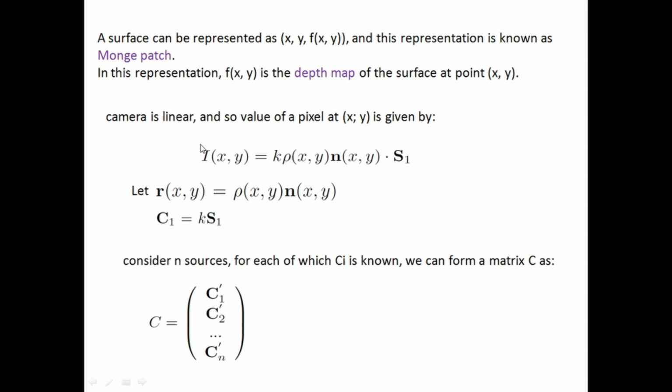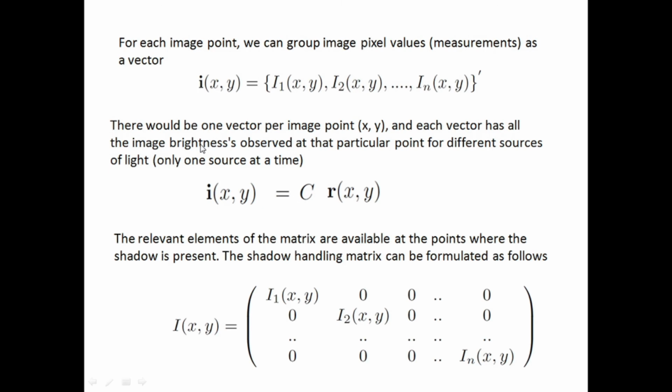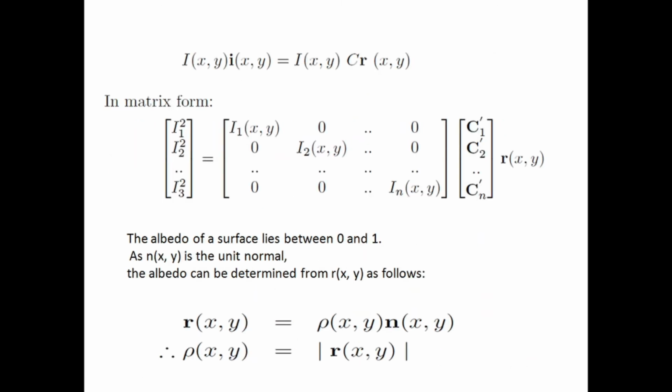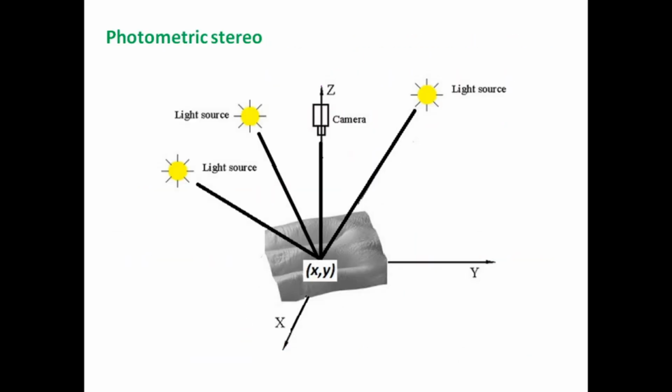So the camera is linear here, you can see the camera. So this is the one. The camera is kept linear, we are assuming. So in photometric stereo, the input is some object with different lighting conditions, but this object is kept